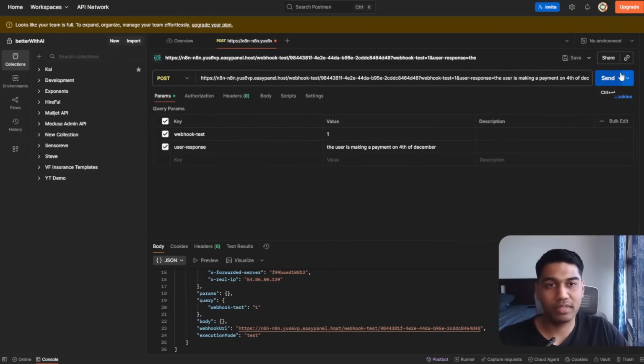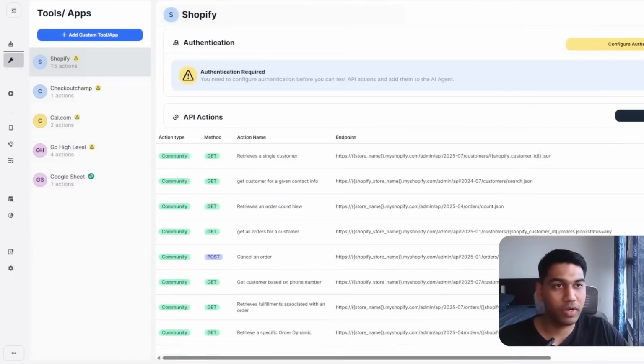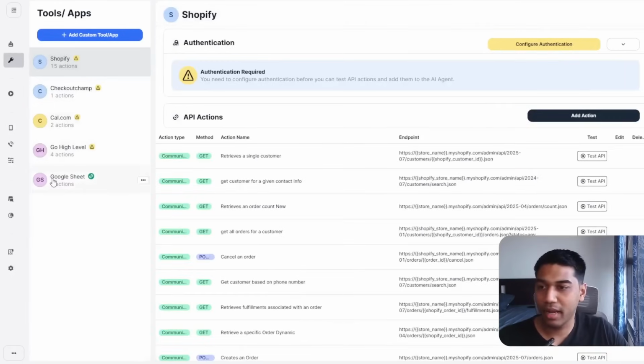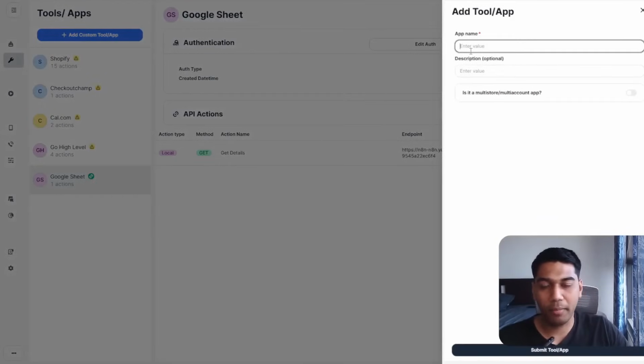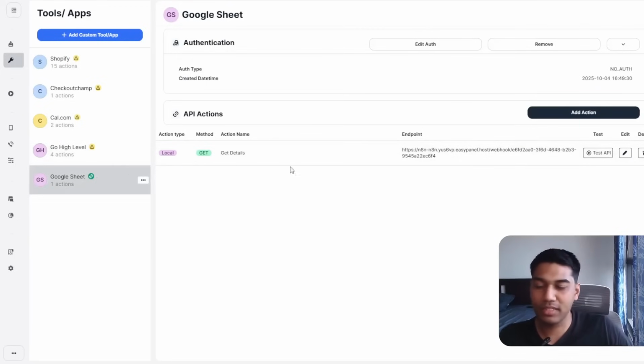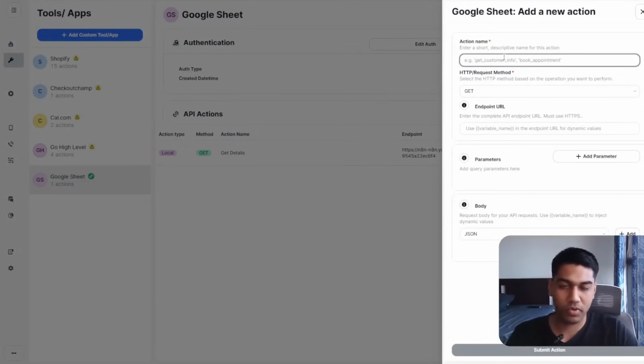We are going to just take this and copy this as the URL. Copy this here, come back to our SigmaMind option. So we're going to come back here, and once we are back here, I'm going to come to Google Sheets, right? And technically I'm going to just create a new app, right, so that it's simple. Even though actually I can just create a new action. I'm going to click on new action here, and the action is going to be send details to Google Sheet,